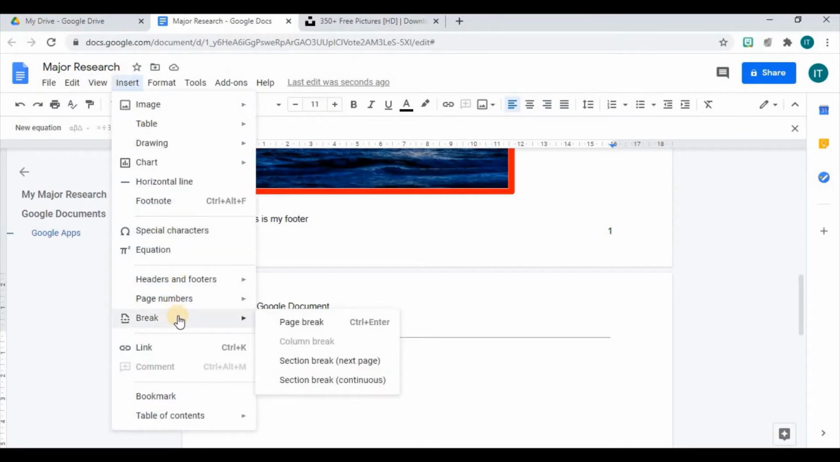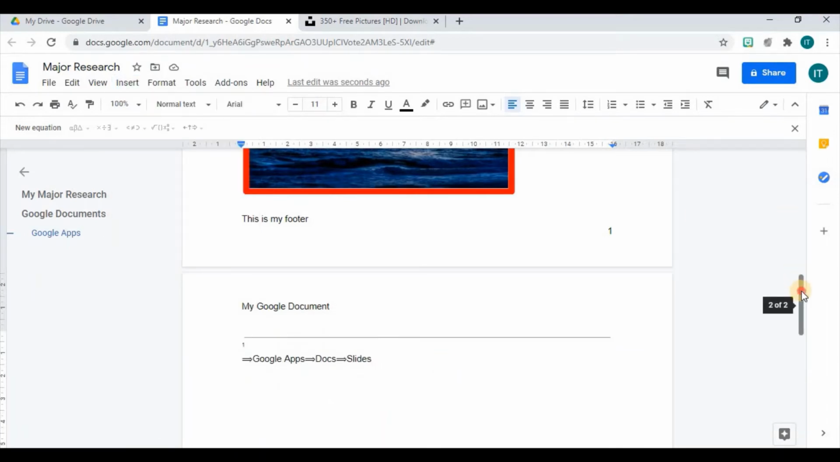Break would indicate that we want to have a page break, or we could have a section break, which can either go to a next page or it could continue for the previous page. The only one that I'm choosing for this right now is the page break. So what I'm going to go